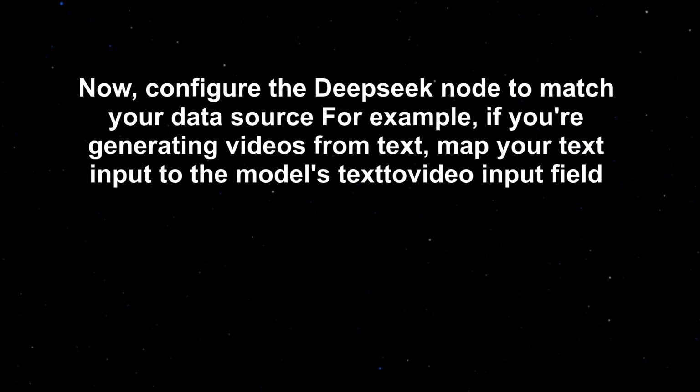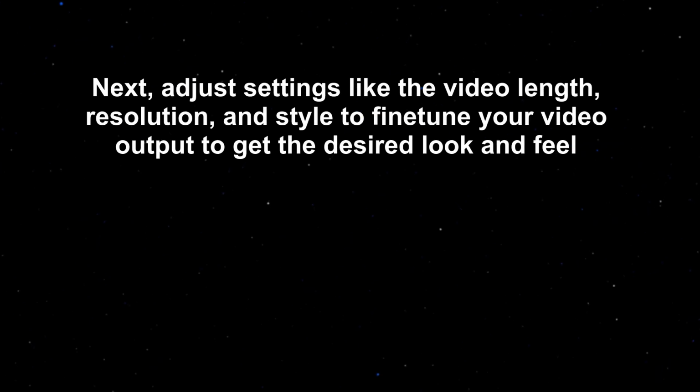Now, configure the Deepseek node to match your data source. For example, if you're generating videos from text, map your text input to the model's text of video input field. Next, adjust settings like the video length, resolution, and style to fine-tune your video output to get the desired look